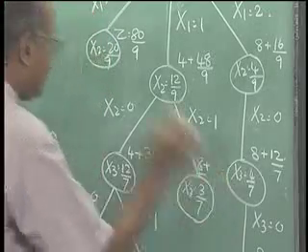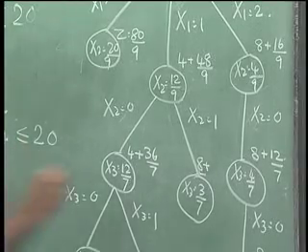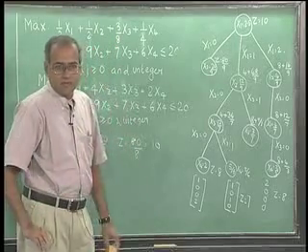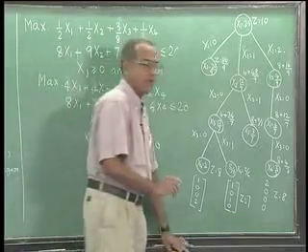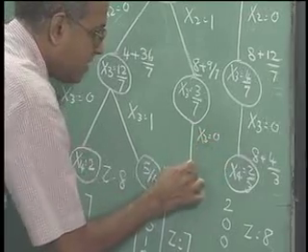and z will be 8 plus 9 by 7, which is slightly greater than 9. So, we can still branch on this. So, this would give us x3 equal to 0, the only possibility, and therefore,